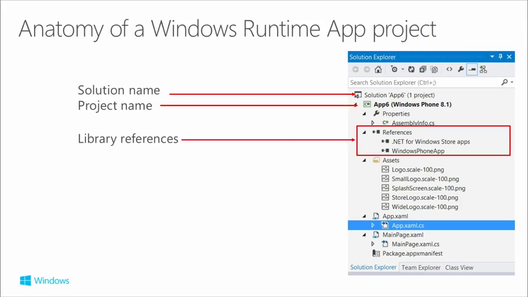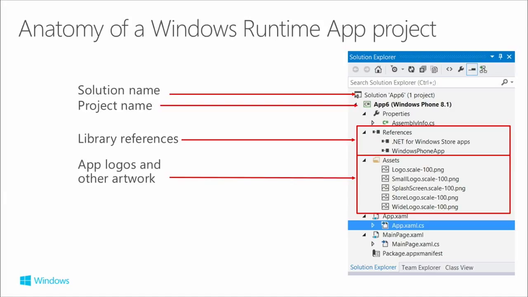Then you've got some references. These are the libraries it's referencing, which is the Windows Runtime XAML stack for these apps, and then also .NET for Windows Store apps as well. This is a C# app, so there's a number of .NET classes. We then got a bunch of assets. This is kind of artwork. You need to put in here your default application tile and your wide tiles, and also a bit of artwork needed for the store app and the application icon that appears in the programs list on the phone. So there's artwork associated with your app.